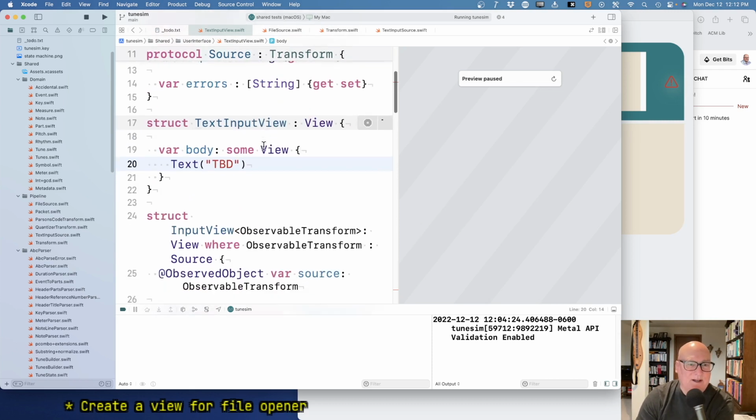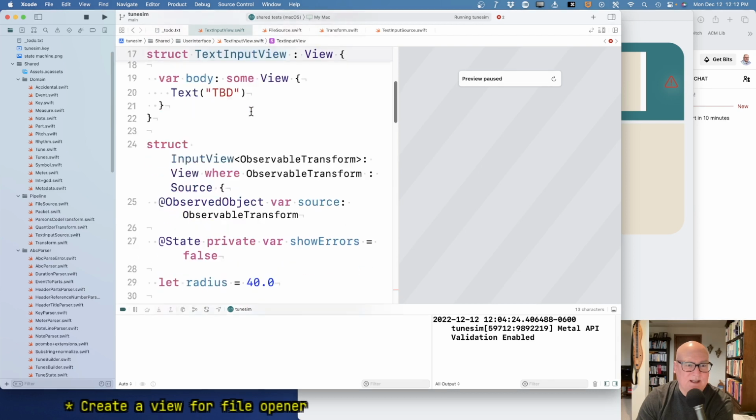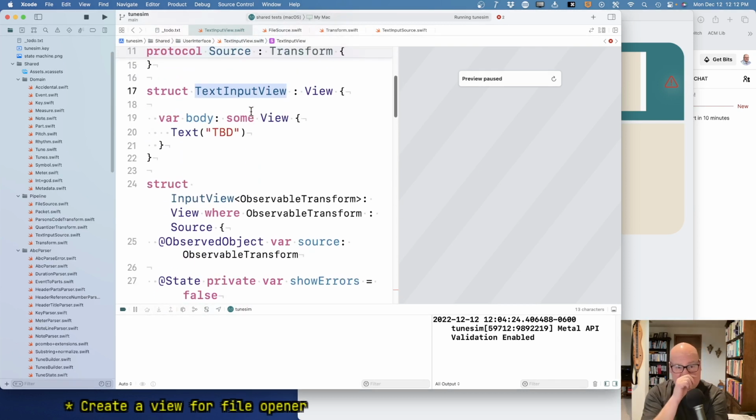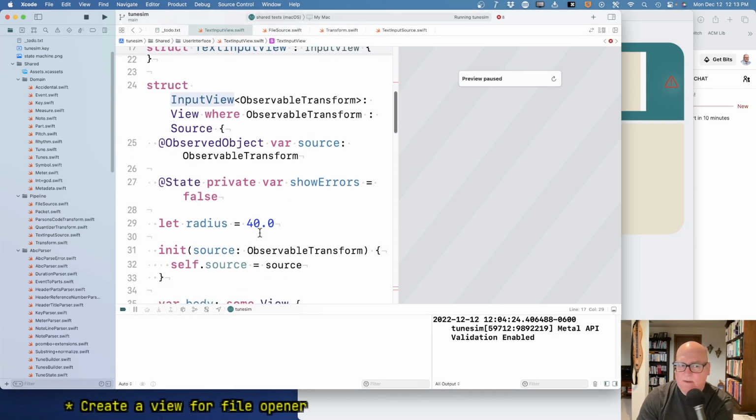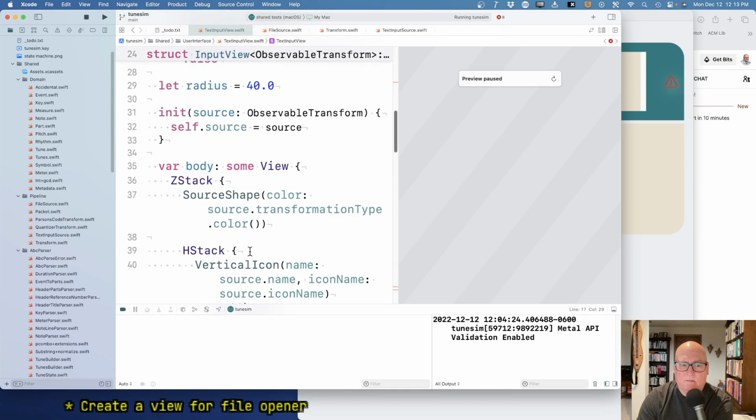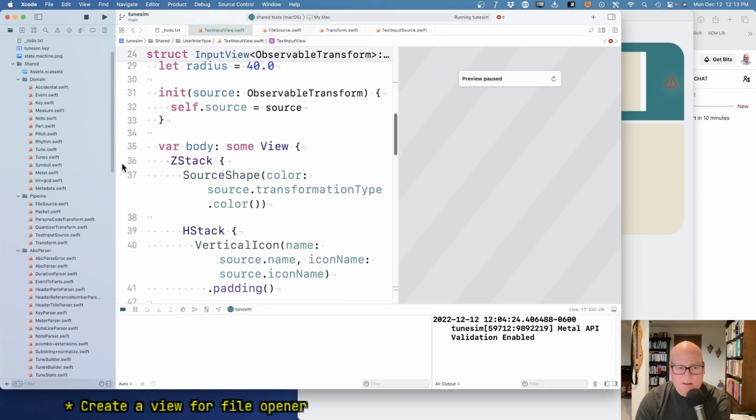Okay, so right now, TextInputView is not the same as the others. Well, I think I want to say this is InputView. I know I've done something like this before. I think probably as well as working on the pipeline stuff that we didn't, well, I did it off camera. Okay, now this thing,